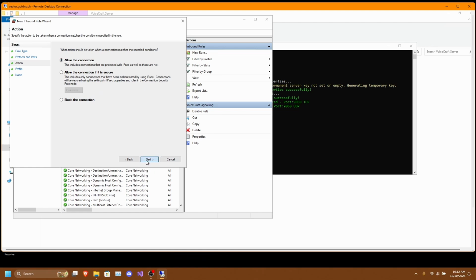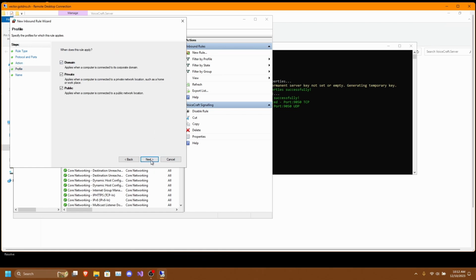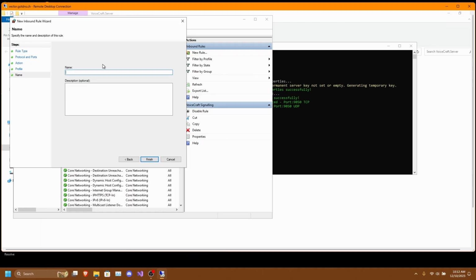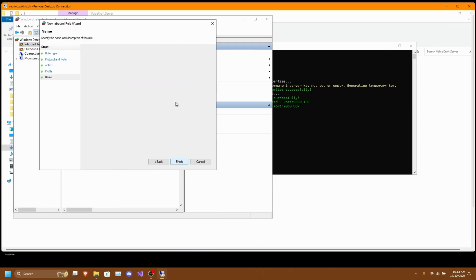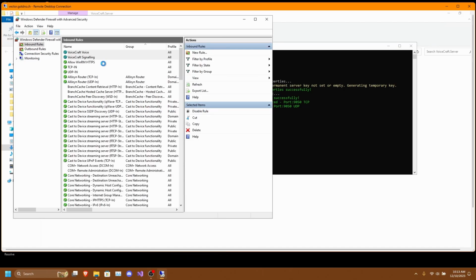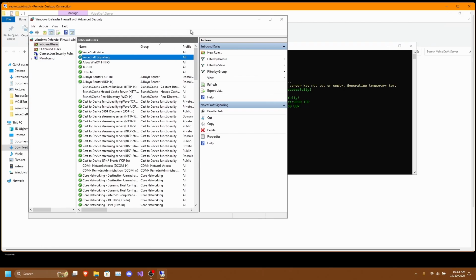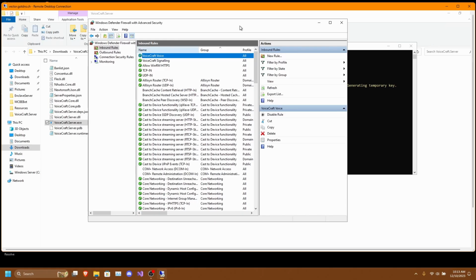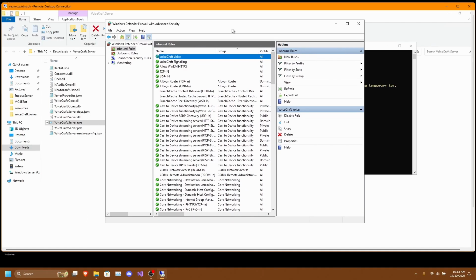Allow the connection, keep all these the same, and then we'll just type in the name, which is Voicecraft Voice, and click on Finish. As you can see, we have got it added, and that is all you need to do. So let's move on to the client side.